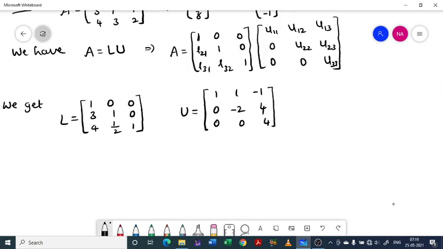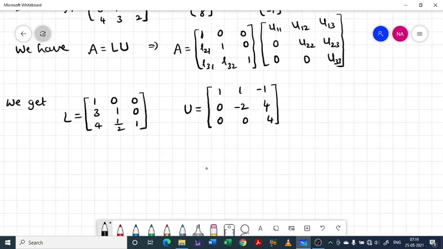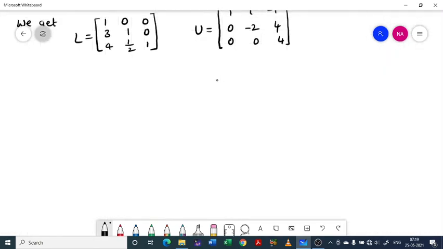Now we got L and U. Then we have Ux equal to Y and Ly equal to B, right? Now Ly equal to B implies